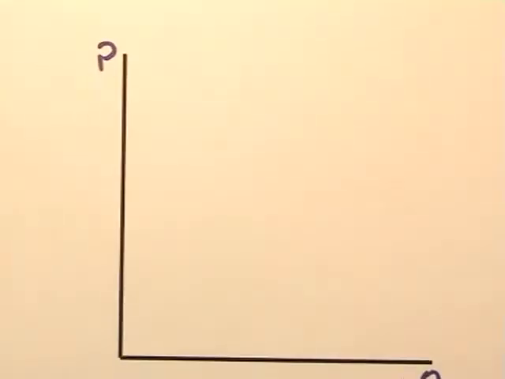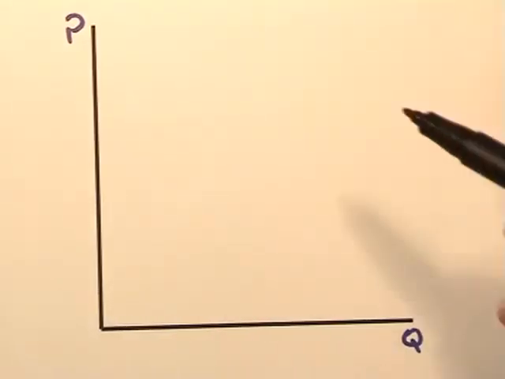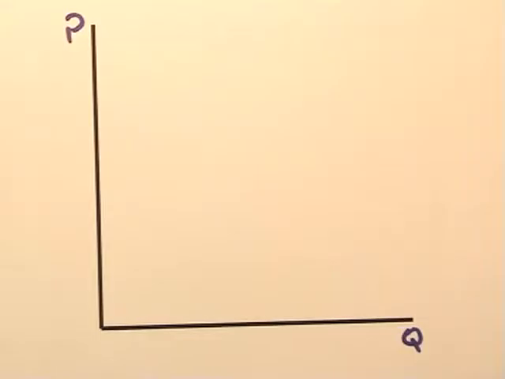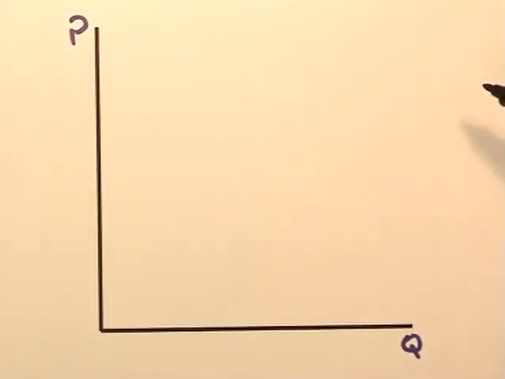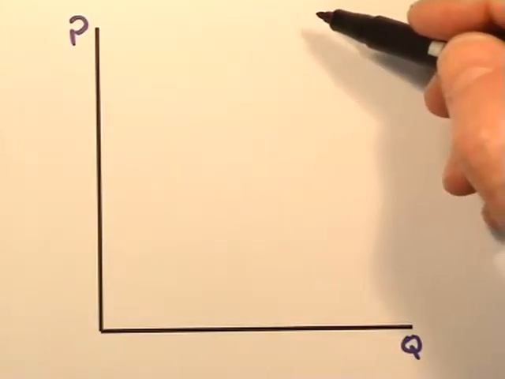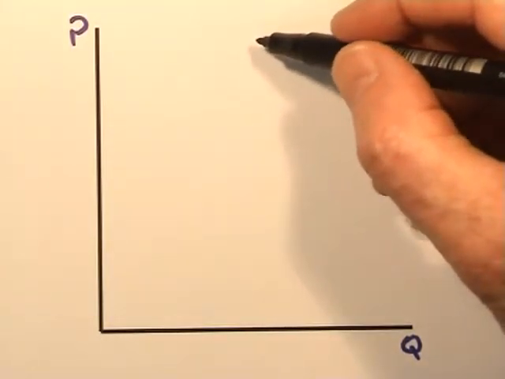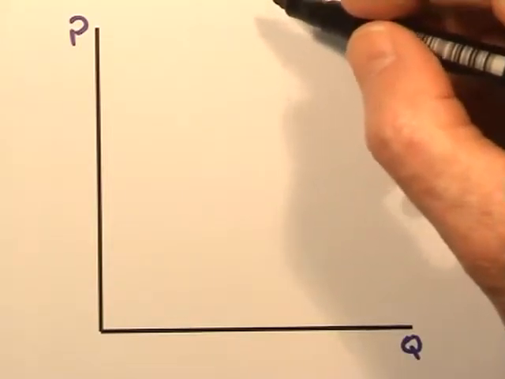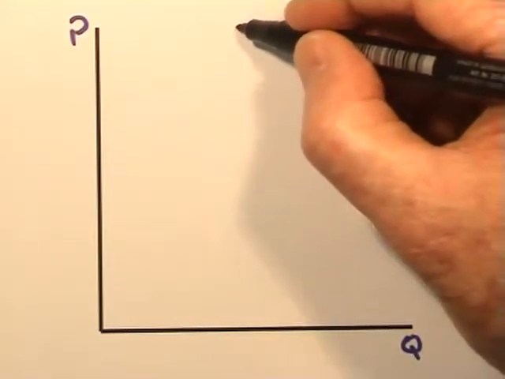So let's look at how this actually works in terms of a graph. If we look at those, starting from the top of the list that you saw, we had perfectly inelastic. So if it's perfectly inelastic, we're saying that the price is not going to change much in relation to quantities. So a straight line,